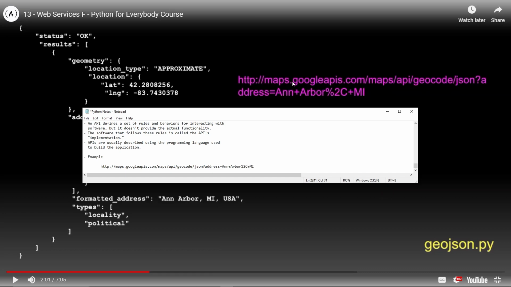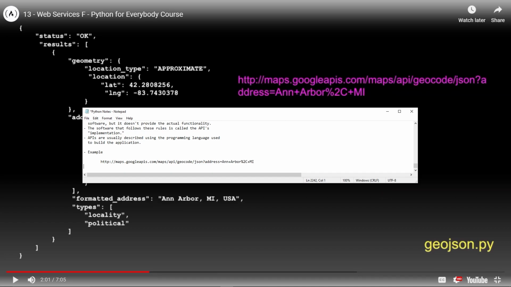This is API code. I don't remember. Anyway, so what it will give back is this.